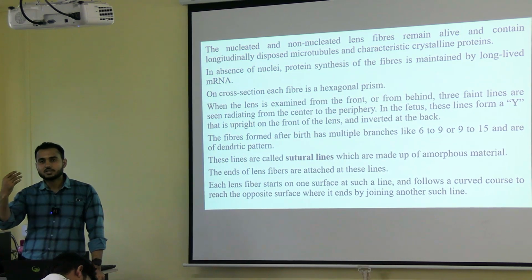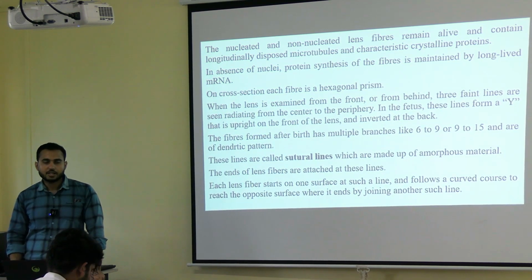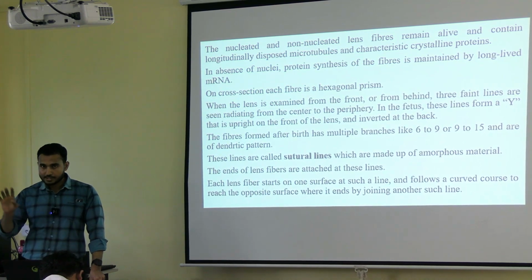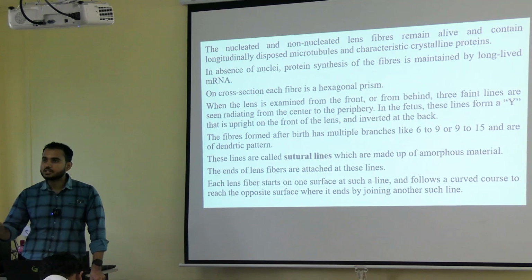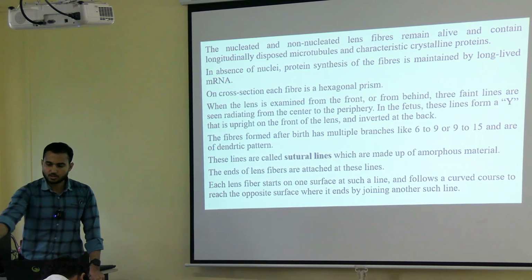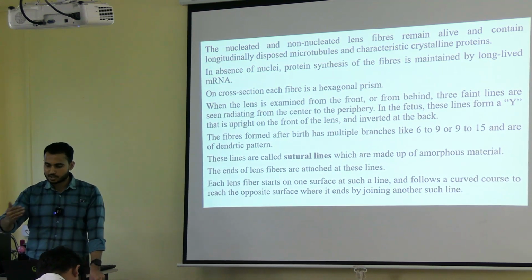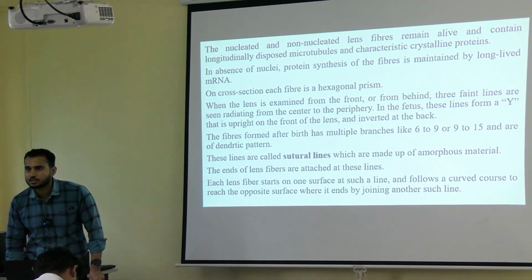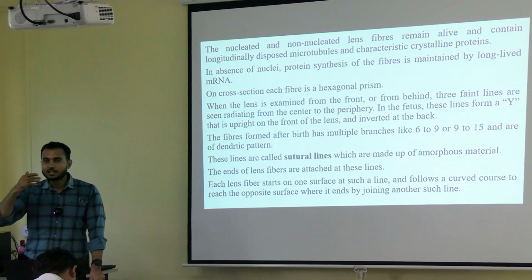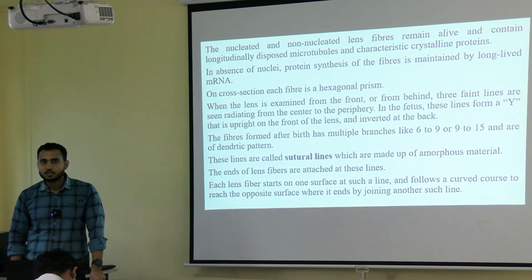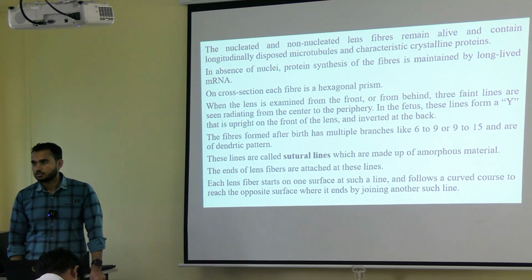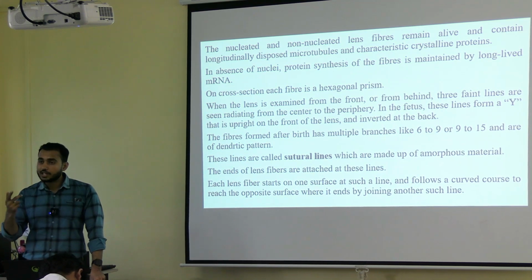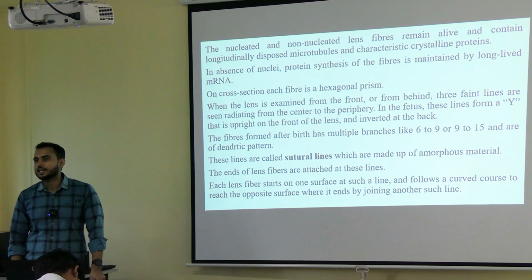So when you go to check your power, at that time you have noticed that for checking power, slit lamp is not used. At that time I hope you have seen that a machine is placed. The patient will sit on the opposite side, the person operating the machine will sit on the other side. The patient will keep the chin like this, then a ray will fall and the optometrist checks the eye. That is called slit lamp. I hope you have seen it, a common machine. So with the help of the slit lamp we can see the sutural lines.